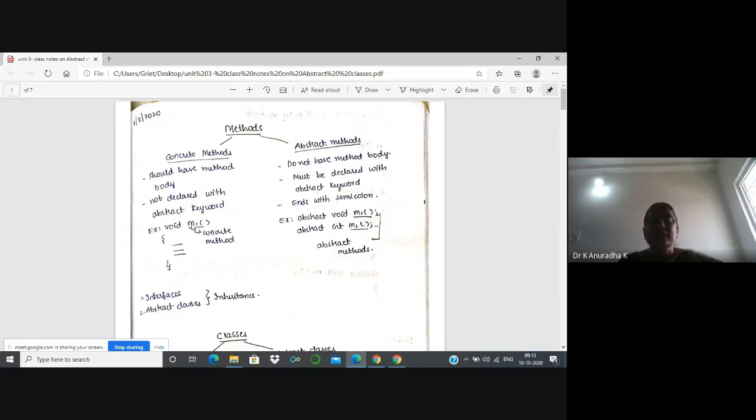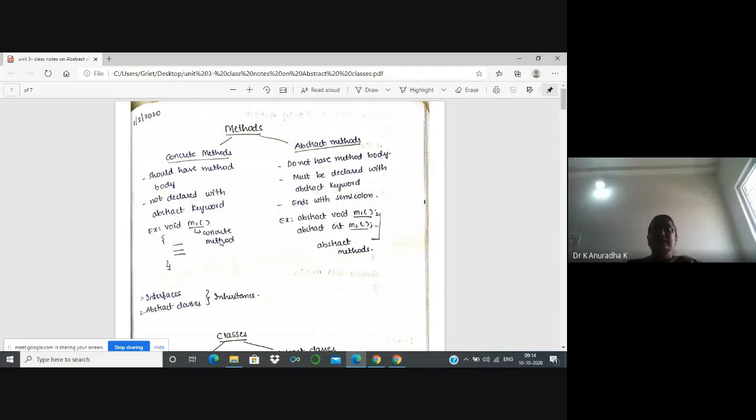The name of the function here is M1. In this example, M1 is a concrete method. Why? Because it has a method body and is not declared with the abstract keyword. Based on these two points, we can say M1 is a concrete method.